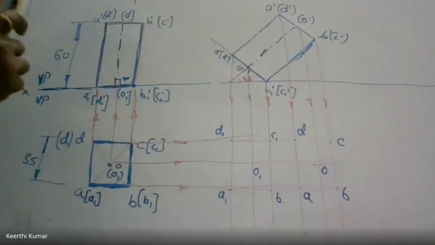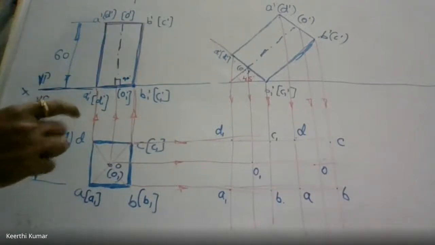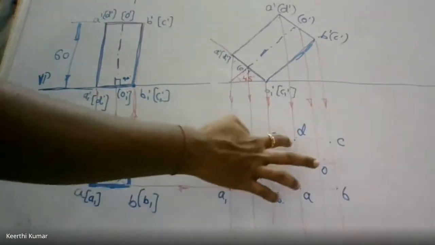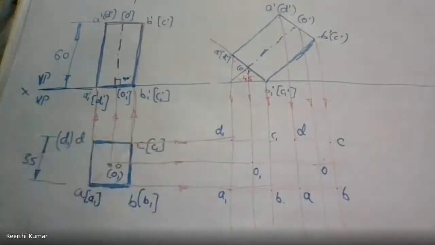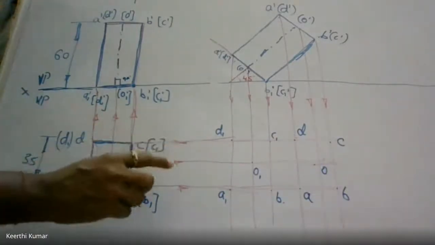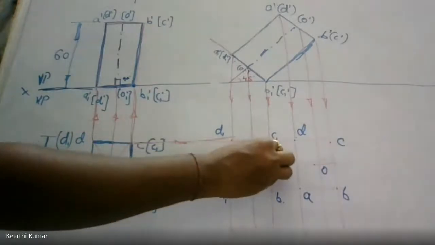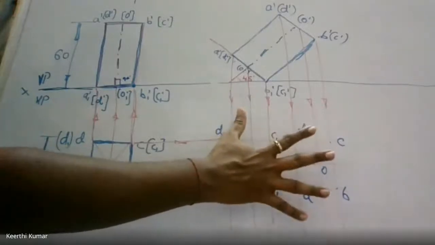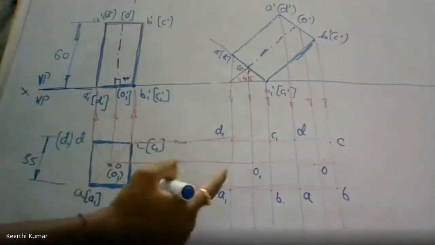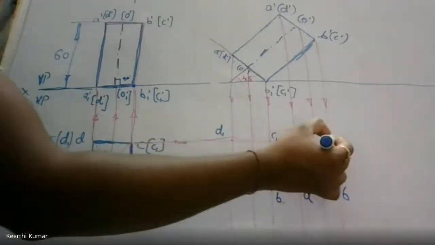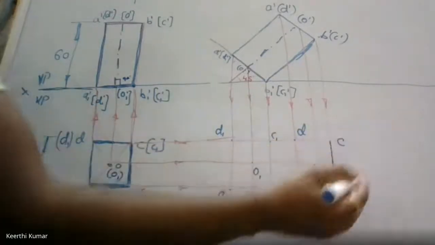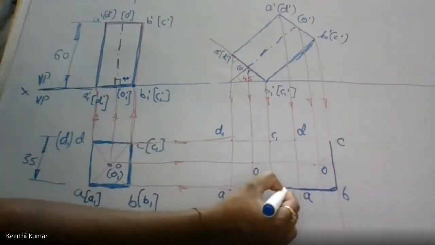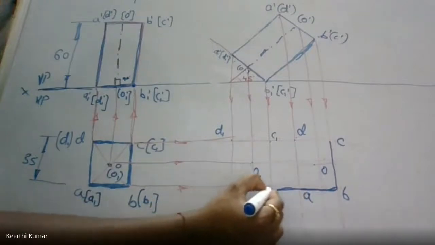After this, I will go with the connection. How to connect this? There is some procedure to connect. If it is a lamina, I directly asked you to draw A, B, C, D, E, finished. But now there is some procedure. You observe this. This is a very important step. If you find out the center of the solid and go for the outermost points, you remember this word, go for the outermost points. So these two are the outermost, there are no points outside. These two are the outermost. These two are the outermost.